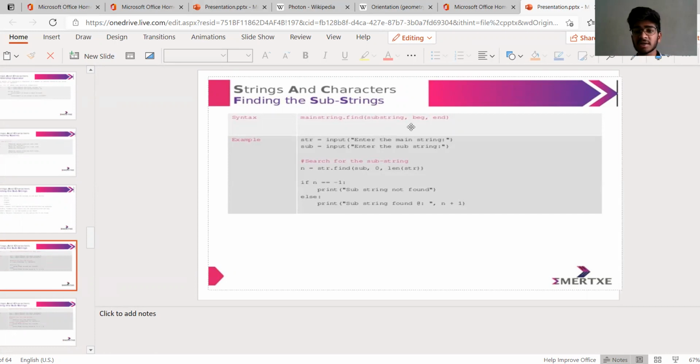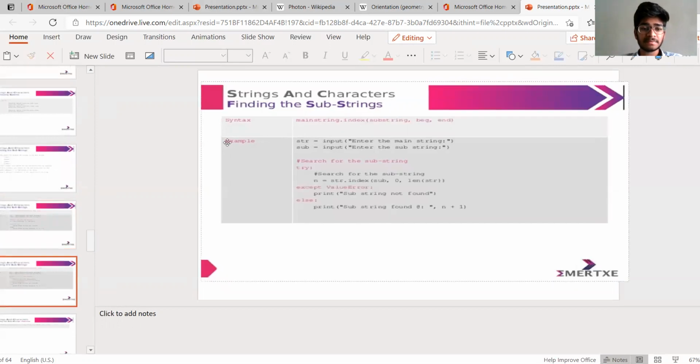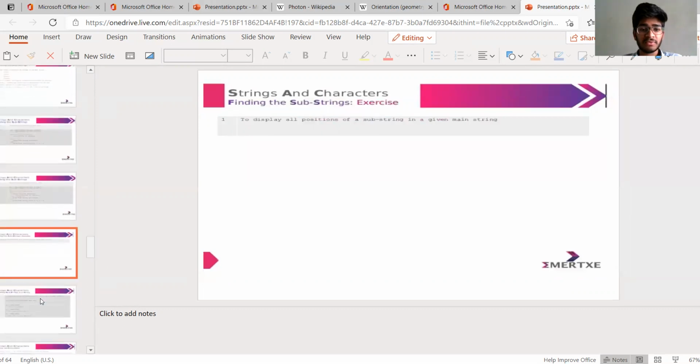Beginning is the starting character of the search range and end is the last character of the range. Example: n equal to str.find(substring, 0, len(string)). If n equal to -1, print substring not found, else print substring found. Finding the substring.